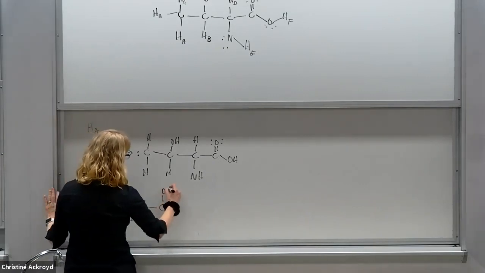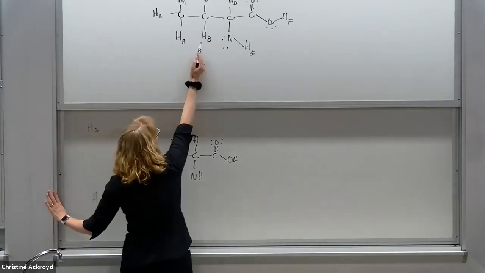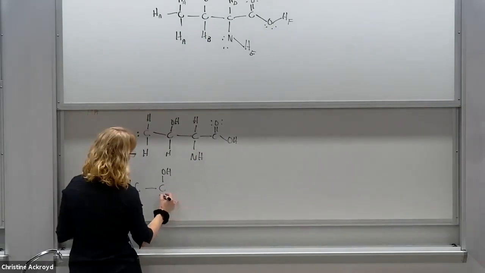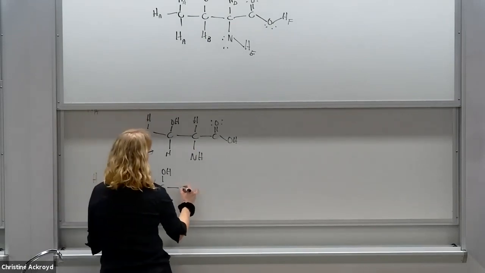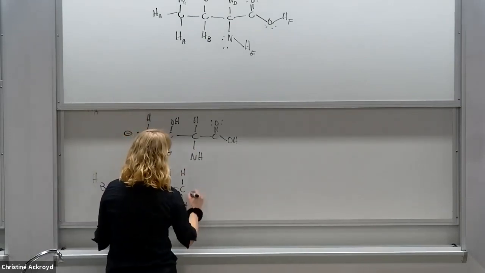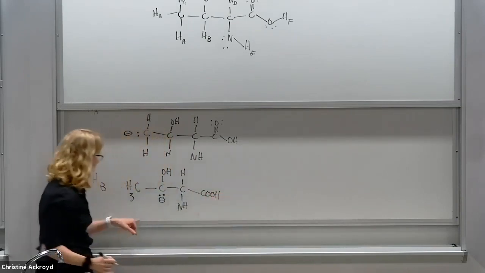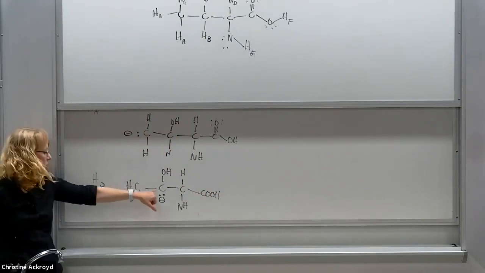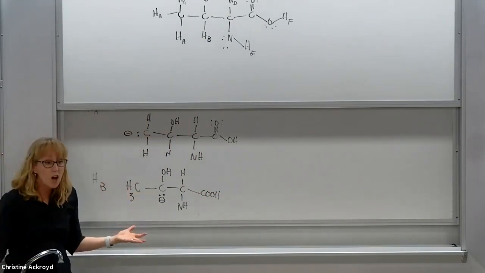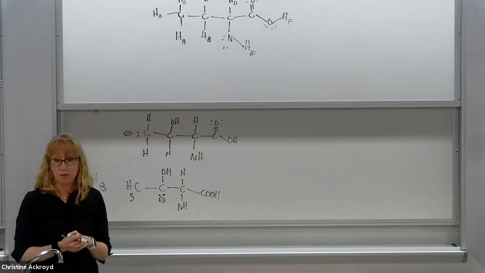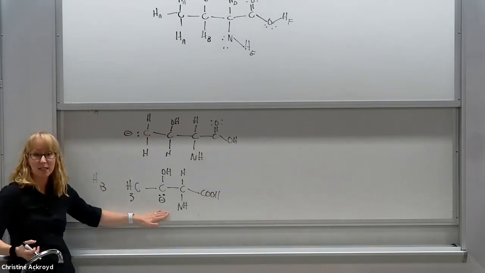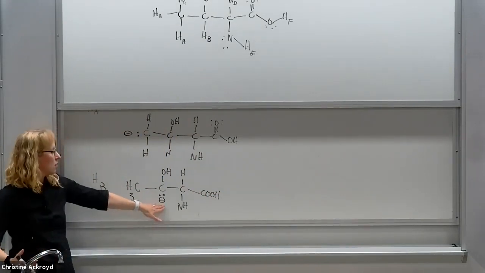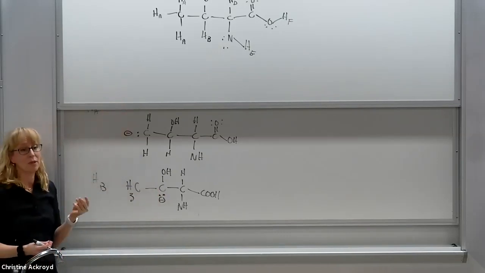Okay, how about hydrogen B? If we pull off that proton, it will leave behind a lone pair on another carbon. Talk to me about the stability of the lone pair and the negative charge on this carbon. As always, a negative charge on a carbon is not going to be very stable, right? So this is going to be a fairly high potential energy structure. It's going to be hard to accomplish that, hard to form it. So we're not that likely to pull off hydrogen B.